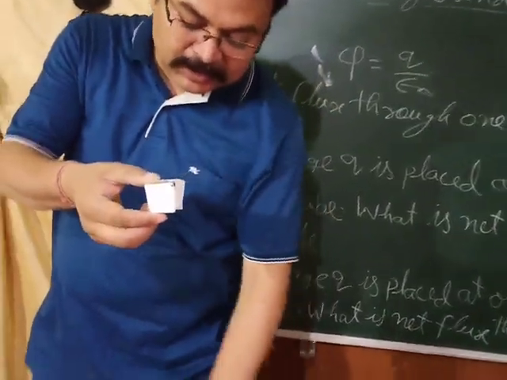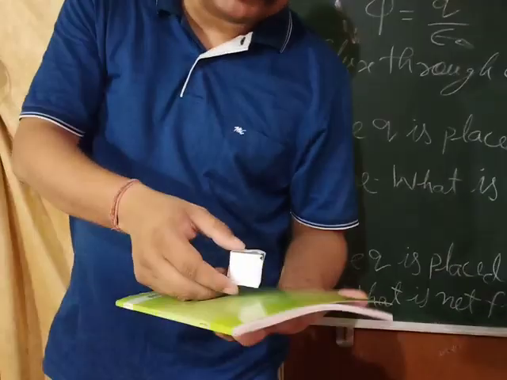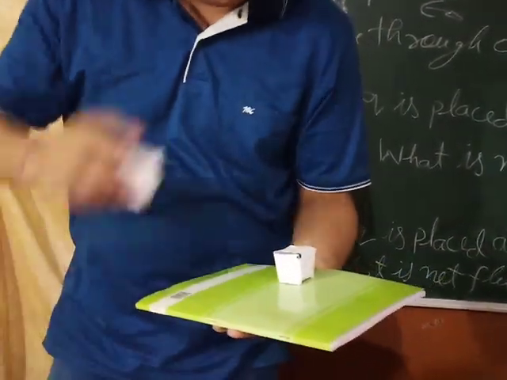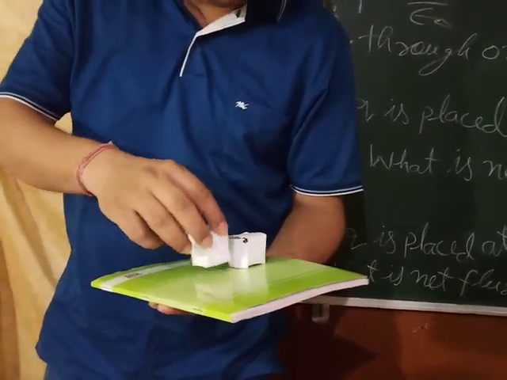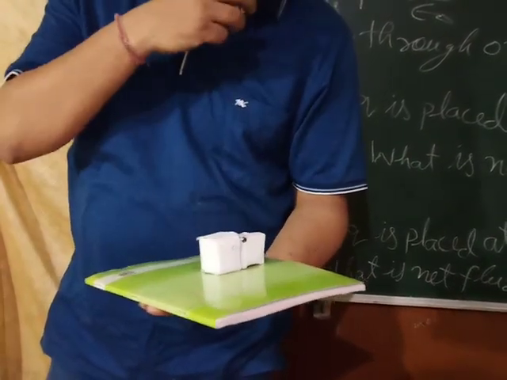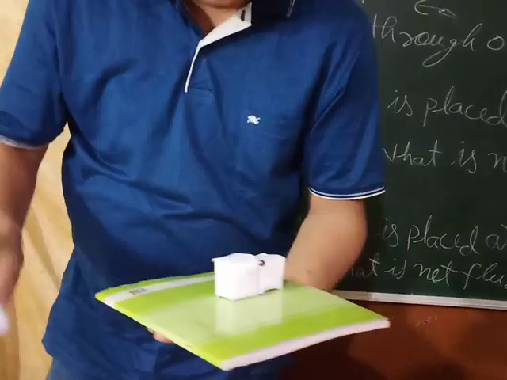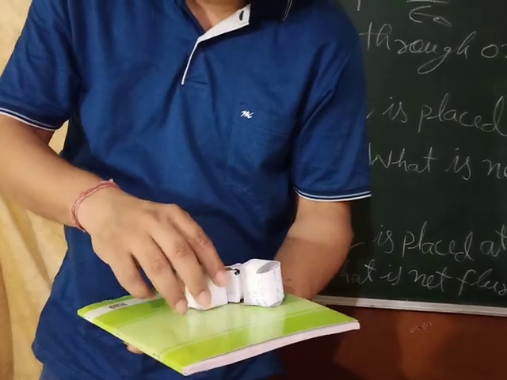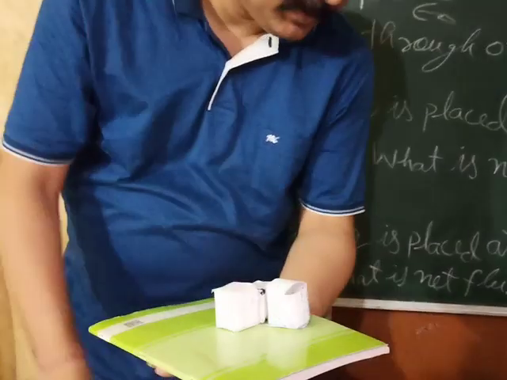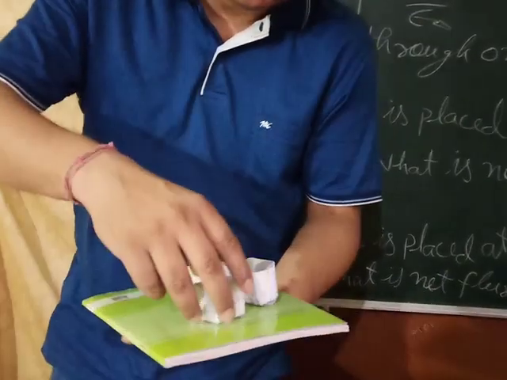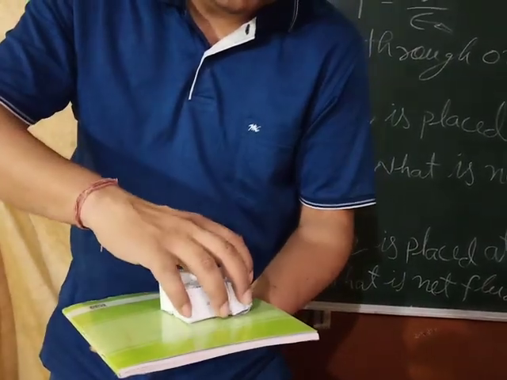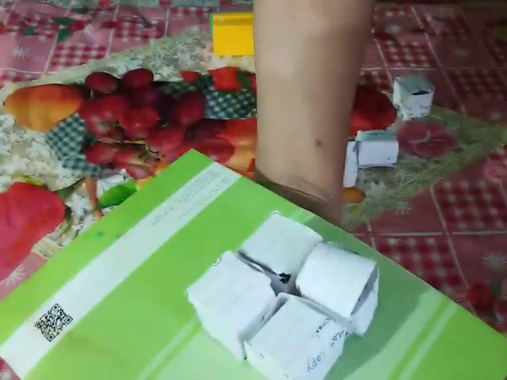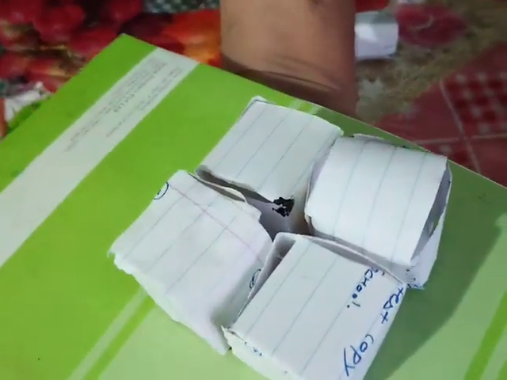As we want to find the net flux through this cube, first what do we need to do? In order to apply the Gauss theorem, we need to enclose this charge. In order to enclose this charge, what will we do? First we have to place a cube here beside it, and then in front of this, but still you can see it from here, the black spot. Is it visible? Okay, so I have to place a cube over here. I have placed 4 cubes. Still you can see from the top, the black spot is visible. The charge is visible to you.